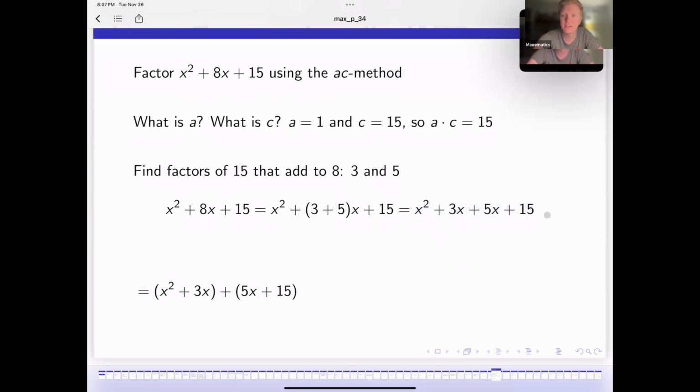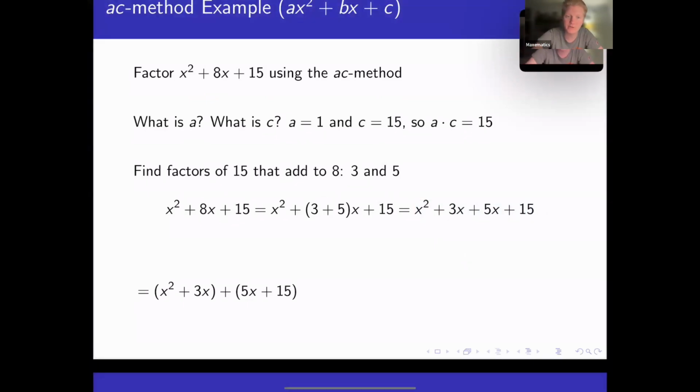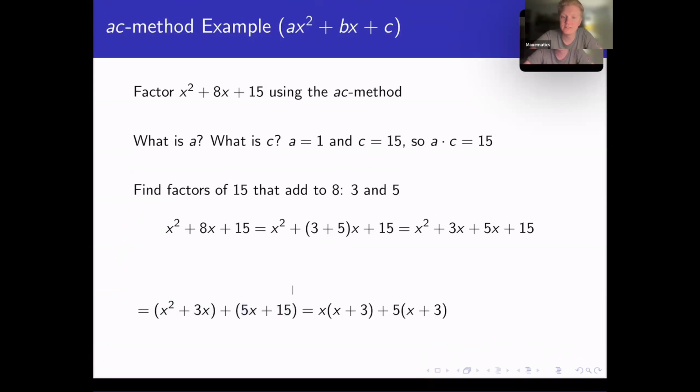AC method relies on factoring by grouping. So let's group x squared plus 3x, and let's group 5x plus 15. Take out the GCF from these two. GCF from x squared plus 3x is just x. GCF from 5x plus 15 is 5. Okay, and now if we did this right, the insides of our parentheses should be the same, and they sure